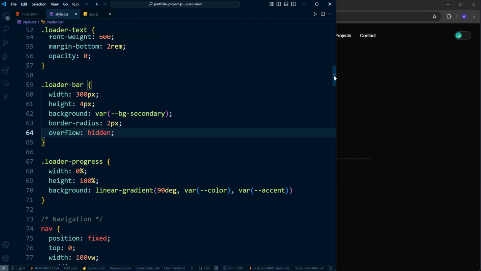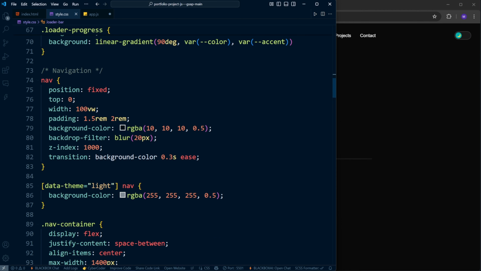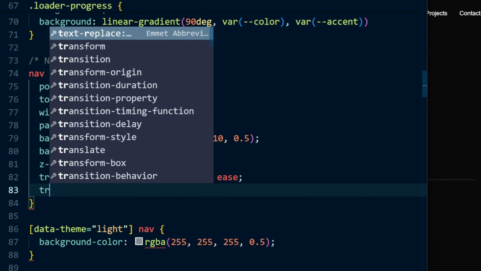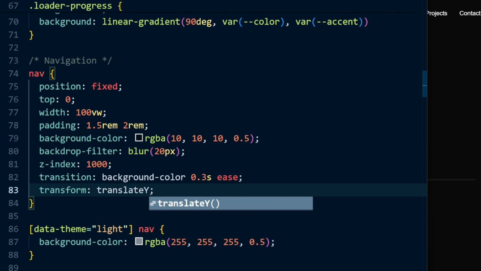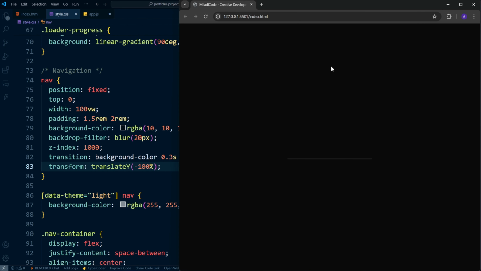In order for the navigation to slide in from the top, we need to place it out of view when the page first loads. To do that, we go to the CSS section where we styled the nav element, and right there, we apply a transform style with translate y set to -100%. This will push the whole navigation bar completely out of the visible viewport, so it's hidden above the screen at